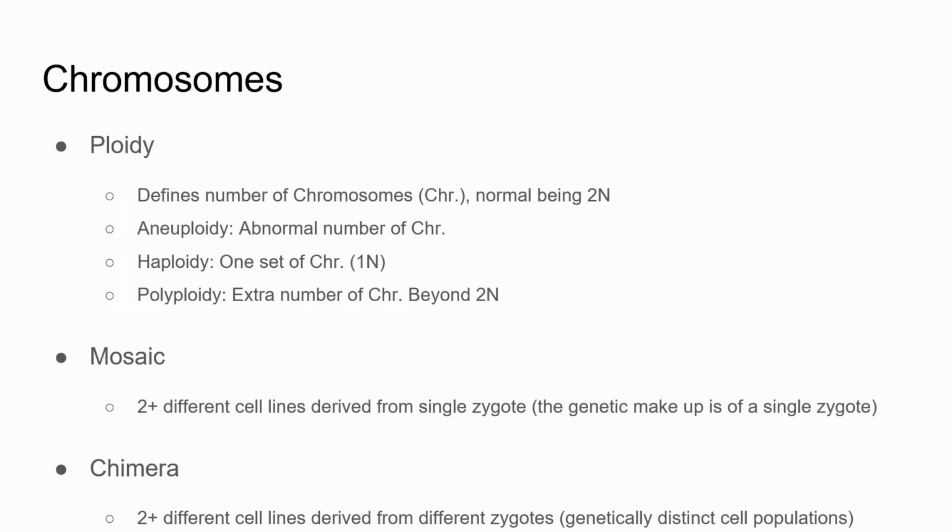Mosaicism describes more than one genomic sequence derived from a single origin and coexisting within a single organism. Chimerism describes more than one genomic sequence within an organism that have completely different genetic origins. So the difference between mosaicism and chimerism can be subtle, but has to do with the origin of the genomic material.